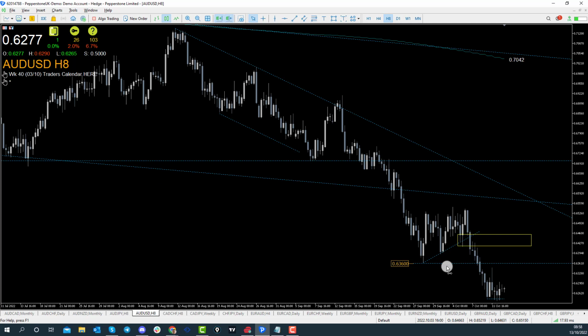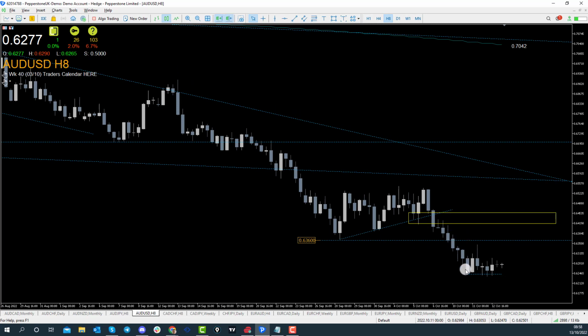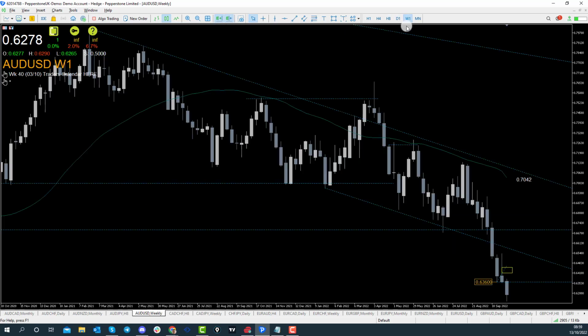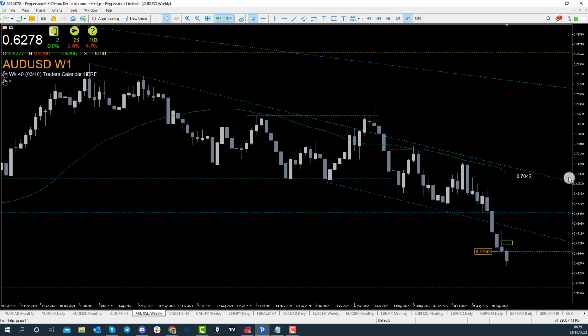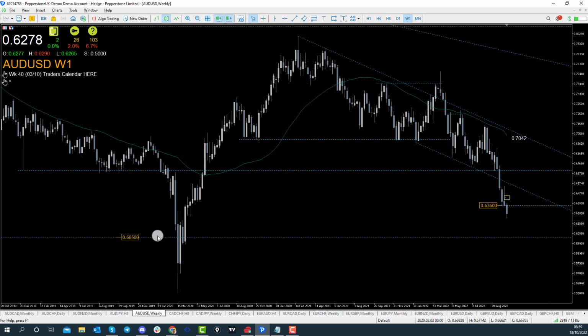So jumping into Aussie US dollar then, what are we looking at? Well, we're looking at this consolidation down through here. We spoke about this in yesterday's video, and if we look back we can see that price has just remained within this range. Now price is on a downward trend. If we go to the weekly time frame, we can see that price is in that weekly impulsive phase. It is making its way to the downside, so we should really continue to look for those short opportunities until price reaches the next level of key support, which we have marked out here as the